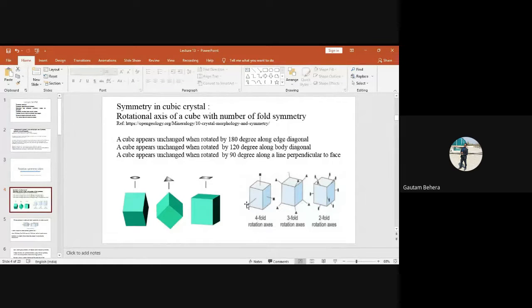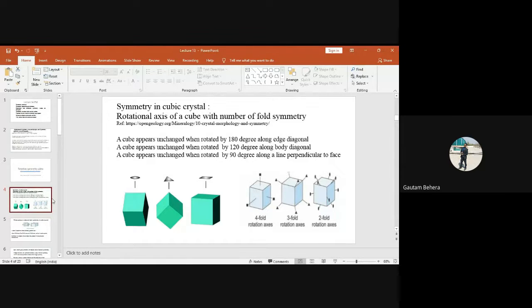You can choose an axis like this. This is 1 four-fold. You can choose an axis like this, it will be 2 four-fold. Then if you choose the axis like this, it will be 3 four-fold. Is it okay now? How is it 3 four-fold? Or shall I repeat? Yes, sir. You can choose an axis like this, so it is 1 four-fold. You can choose an axis like this, it will be 2 four-fold. Then you can choose an axis like this, it will be 3 four-fold.